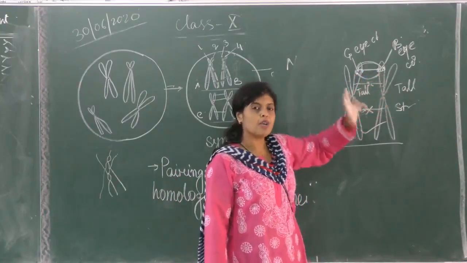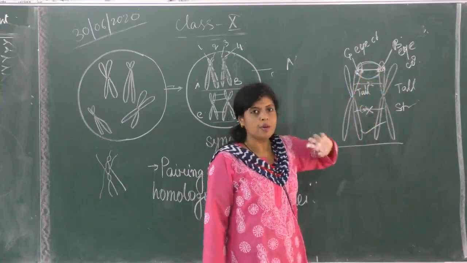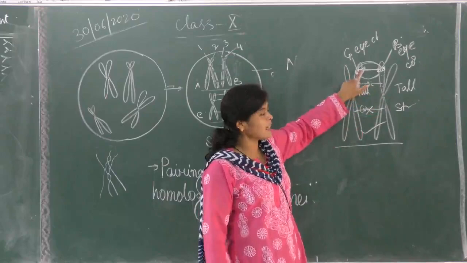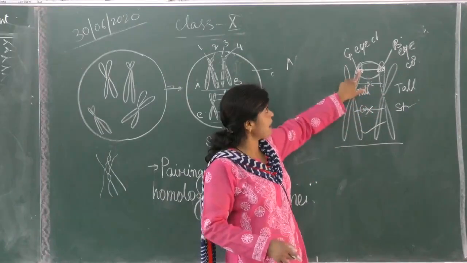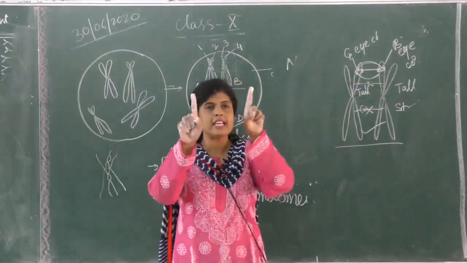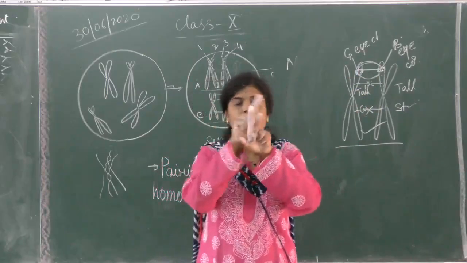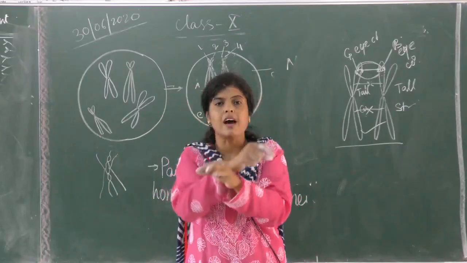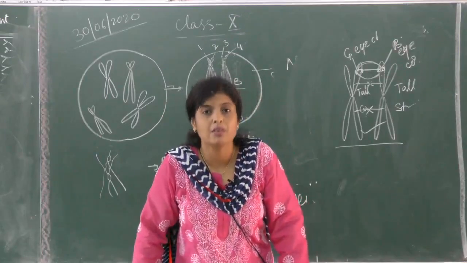Is it clear? But what are the different forms? Green and blue. Is it all right? So they are doing, but it will never happen that the exchange is taking place between eye color and height. No, never. Is it all right? So always, the genes exchange at the same locus. So the same characteristic of the genes are exchanged, and we call it crossing over.